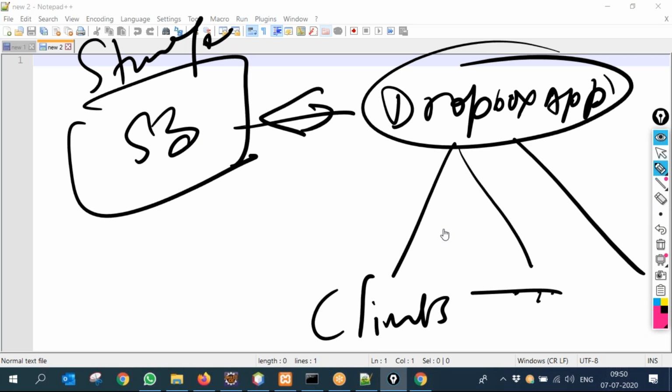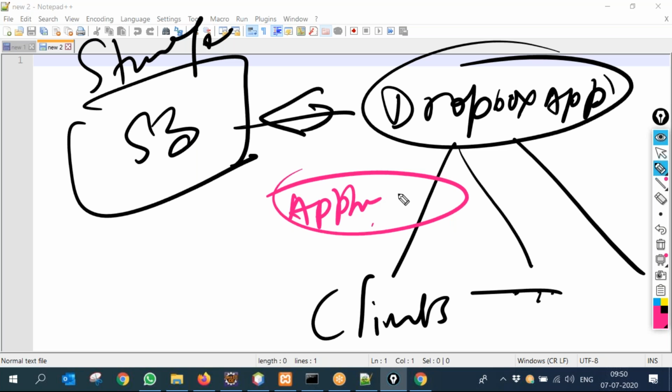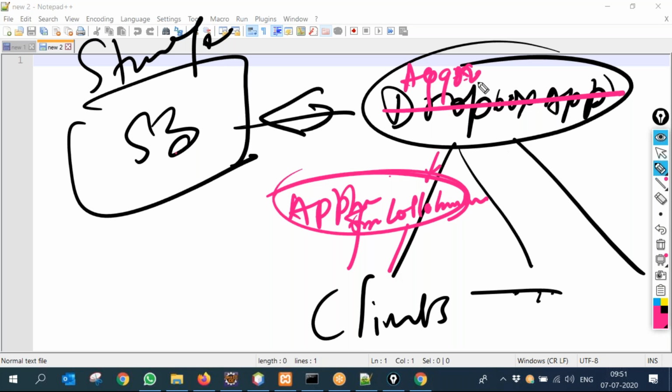Then what happened? Somebody came and told, look, your sharing and encryption is a problem. So I'm giving you one application for collaborating. So this guy does only collaborating. What does he do? It gave an application where you can search, you can keep a track of who is changing and collaborate. So Dropbox application became not an application, but an aggregator of service.